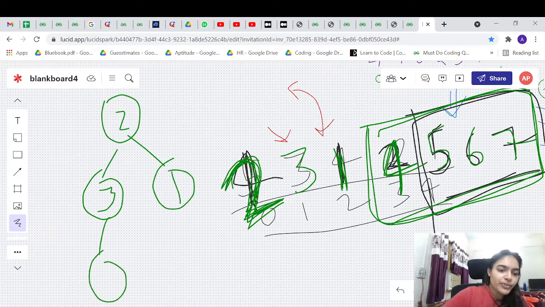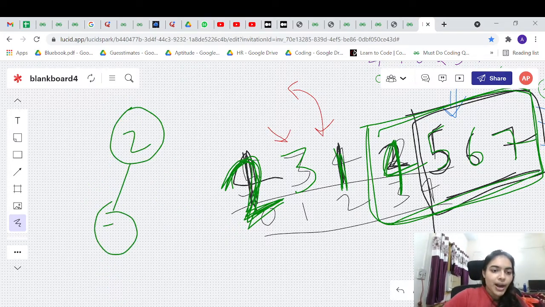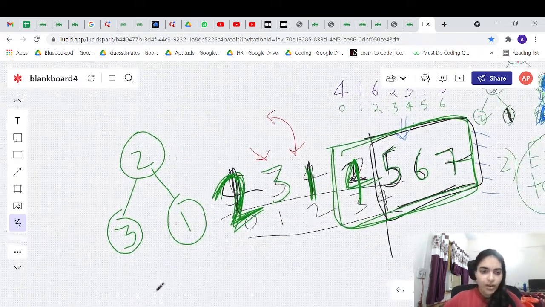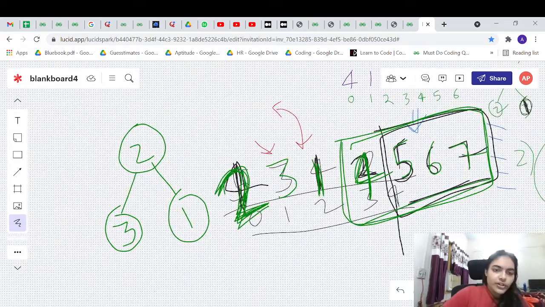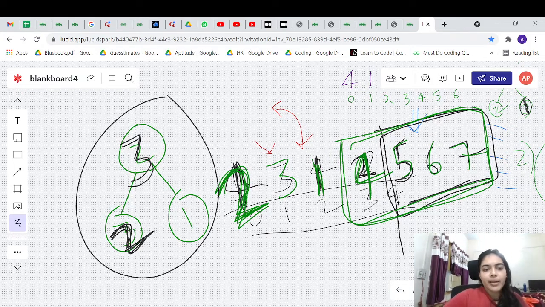Okay. We put 4 here. 4 is sorted. 4 has gone to its position. So the remaining part of the heap is 2, 3, 1. We should just sort these 3 elements now. Very easy to sort. First we should heapify it, right? 2 and 3. So 2 is smaller than 3. So just swap 2 and 3. So we have swapped 2 and 3. Okay. So this has become max heap again.